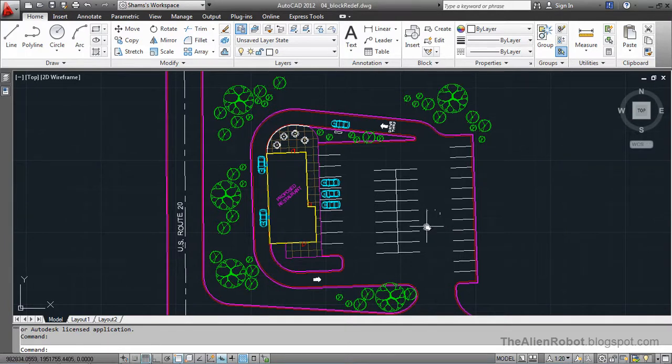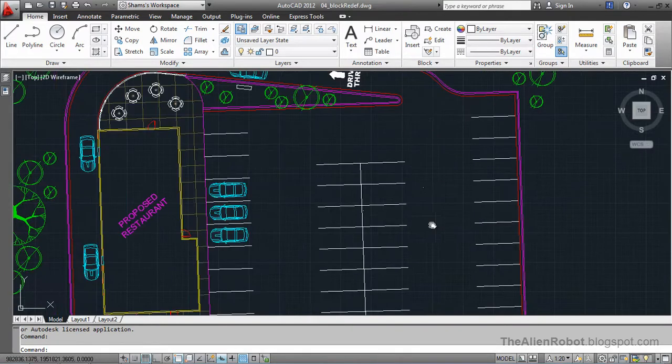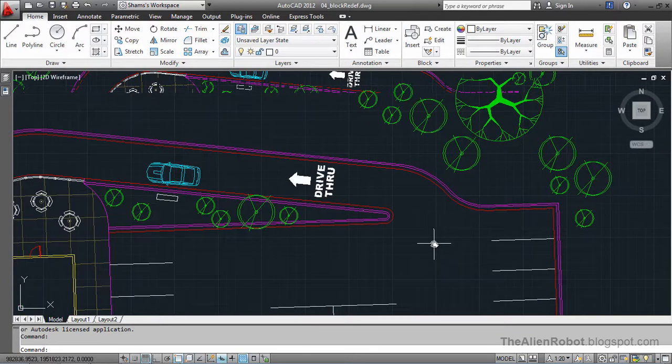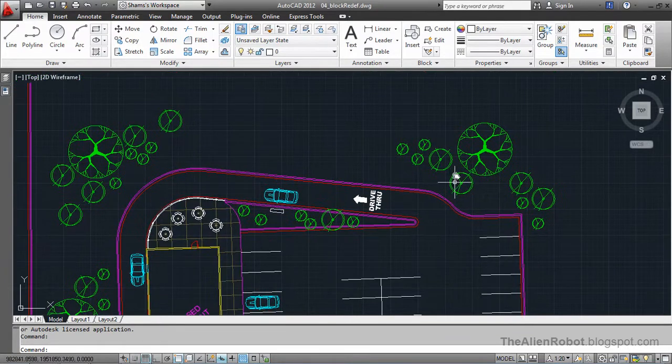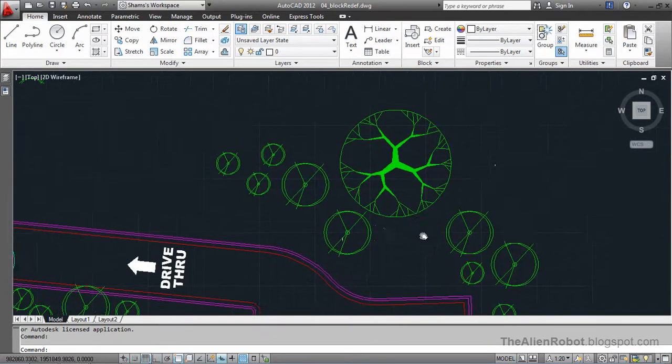Now I've got a site plan of a proposed restaurant here. I'm going to zoom a little. Now there are lots of blocks in this drawing. We've got trees, cars, these tables, these doors. Now we're going to focus on the trees for now, and let's assume we want to